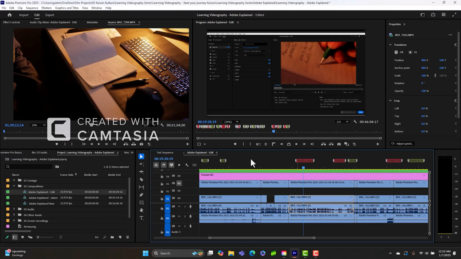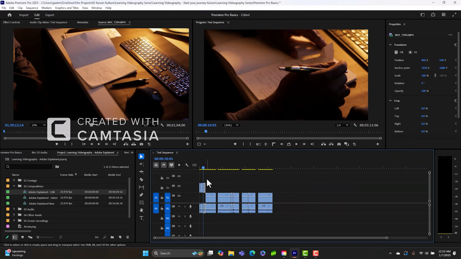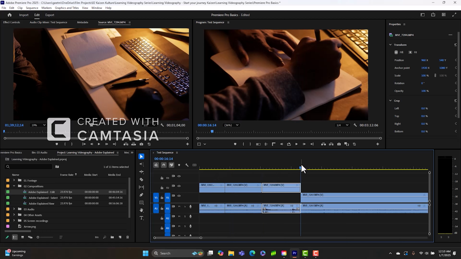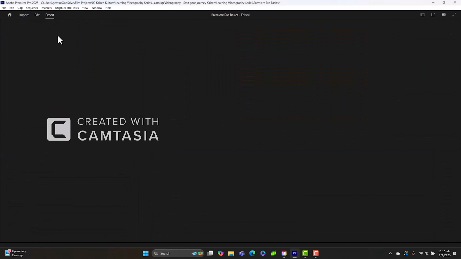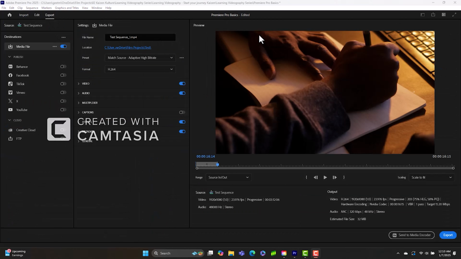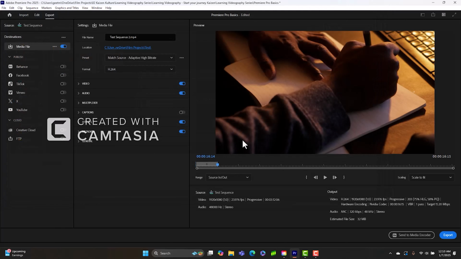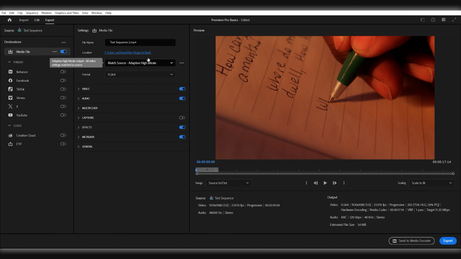I'm going to save this sequence. Actually, I'm going to show you how to export this sequence. You hit the tab here, right next to edit. You pick the location you want to save it. So I'm going to save it in my test folder. This is the previous sequence. This is test 2. And as far as the